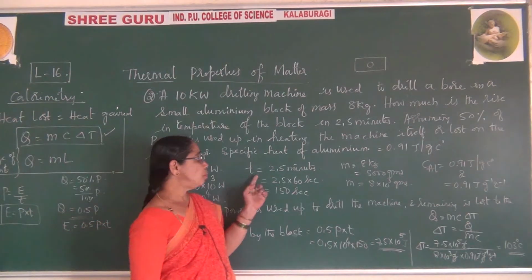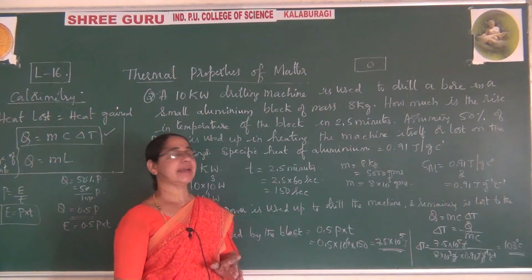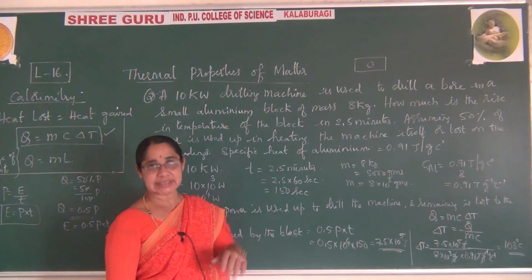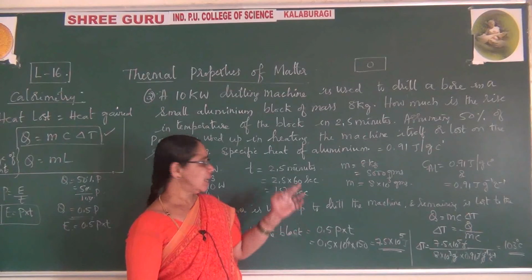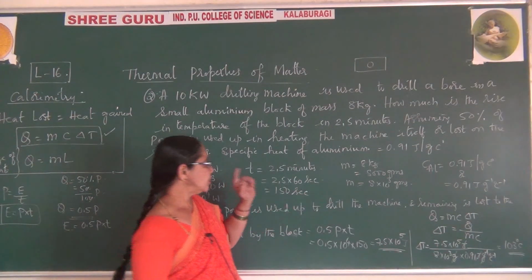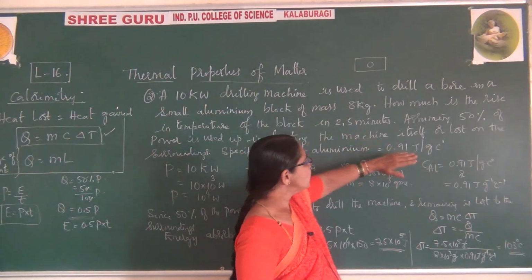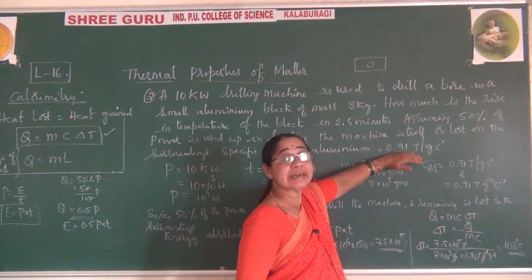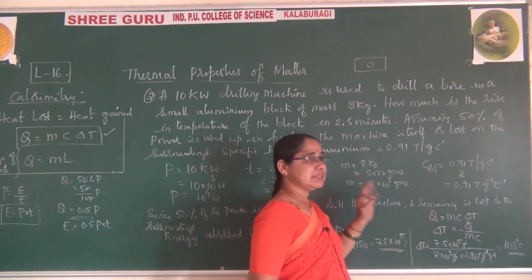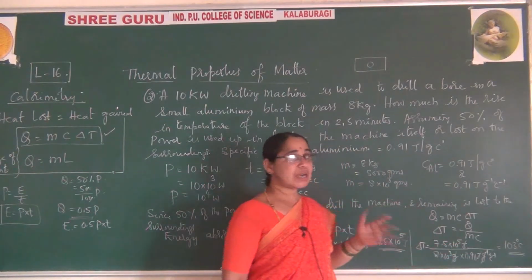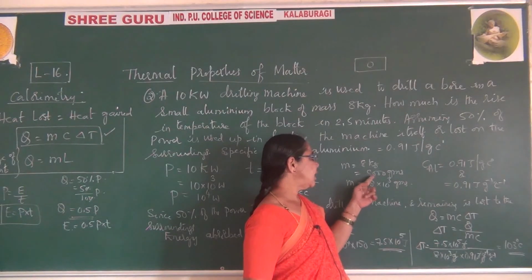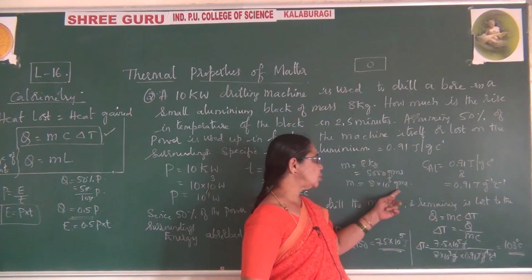Now the time, 2.5 minutes, you also express in seconds. In this problem I have converted minutes to seconds, whereas previously I kept it in minutes. Now I have shown how to convert to seconds. This will become 150 seconds. Now the mass. Since the specific heat is expressed in joules per gram per degree centigrade, I am converting the mass into grams. If they had given it in kg, you would not convert and would keep it as it is, but this is in grams. So I have written 8000 grams, that is 8 into 10 raised to 3 grams.